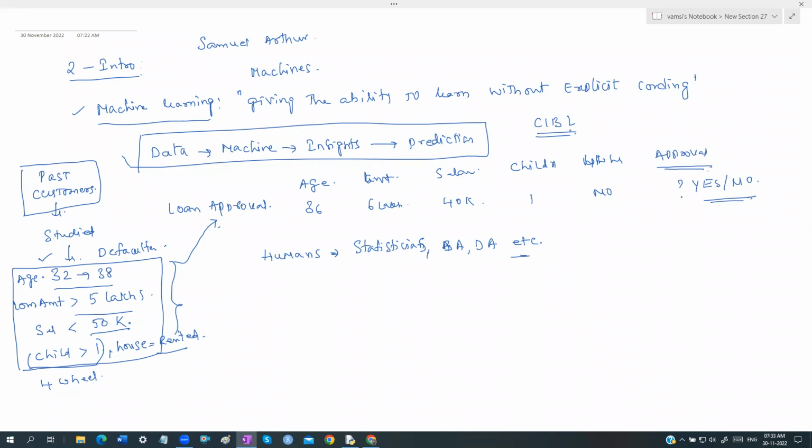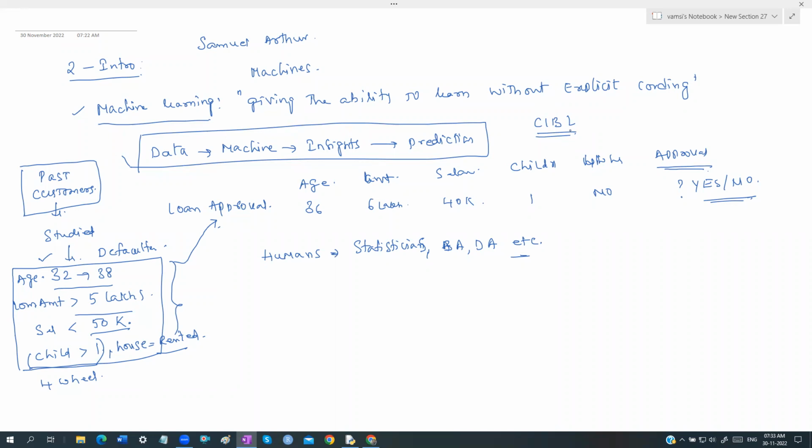So even if the CIBIL score is more than, for example, 700 or 750, whatever you have, the bank still collects all this information and does not give the loan directly based on the CIBIL score. They will collect all that information, and based on that they will decide whether to give a loan or not. One of the best examples I can explain to you, and I explained a little bit some more examples,